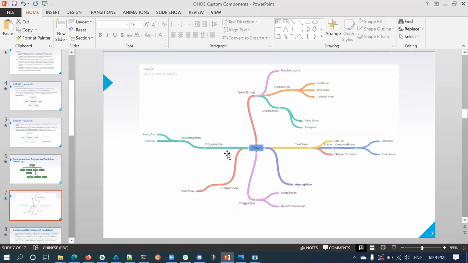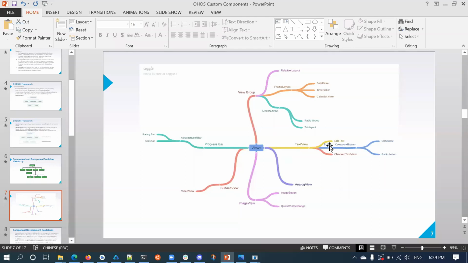Since Android and HarmonyOS share a similar architecture, I took this Android shot. In Android also, all other views extend from the base view class. You see this yellow line? The yellow line is a text view, which extends from the view class, and as I already told you, this text view will have APIs specific to text manipulation, like setting text color, sizes and everything.